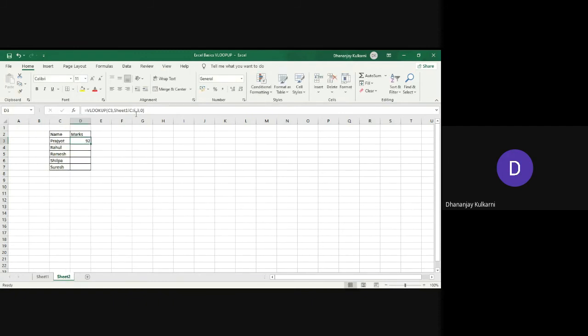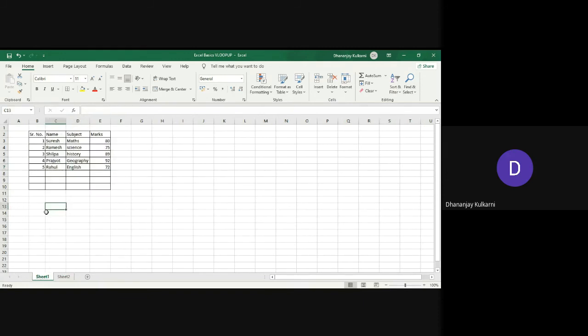So you can see I have put the VLOOKUP formula, and it will directly come against the values that we are looking for, and we can just copy this formula for all the data points. And let's cross check Suresh. For Suresh with the formula, it is coming 80. Whether it is correct? Suresh 80, right?